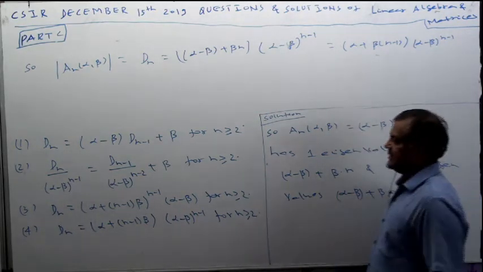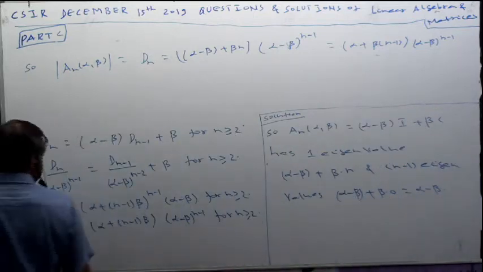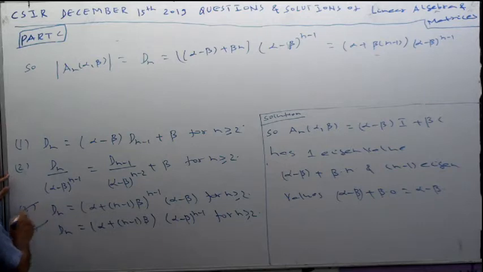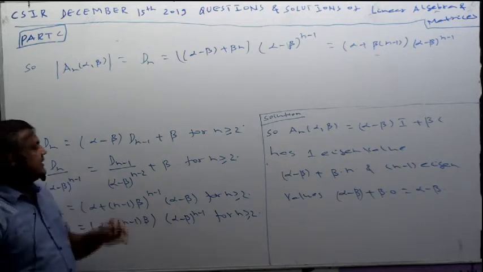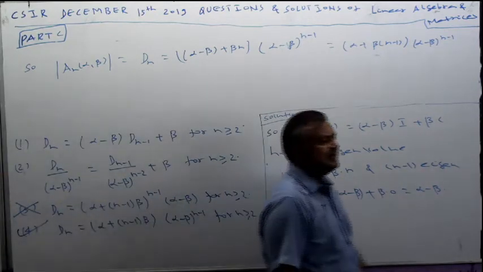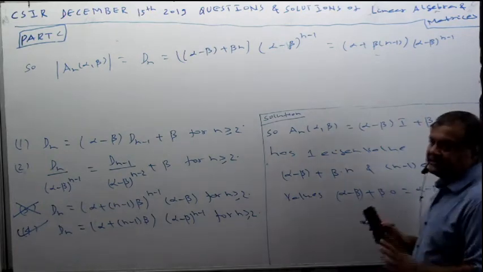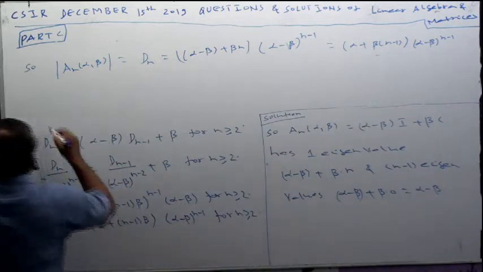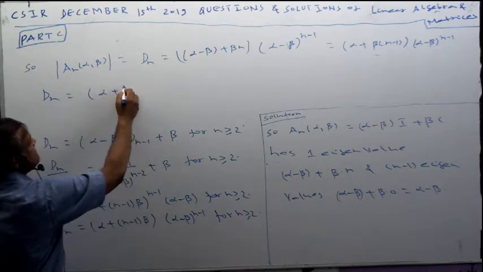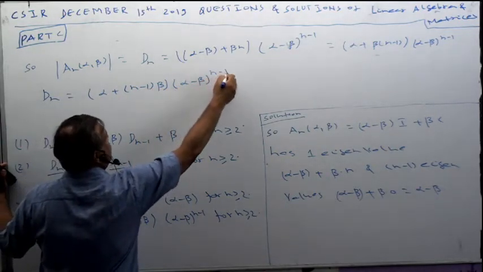How pleasant you are, you watch. So, d_n equals this 1 time, this n minus 1 times, correct? Vice versa, incorrect. But again, a recursive formula has been asked. What is the relation between d_n and d_(n minus 1)? And that is a trivial thing. See how fast I will do. But d_n is okay, how to evaluate is okay. So first feel comfortable. Again I am writing, d_n is (alpha plus (n minus 1) times of beta) into (alpha minus beta) to the power n minus 1.